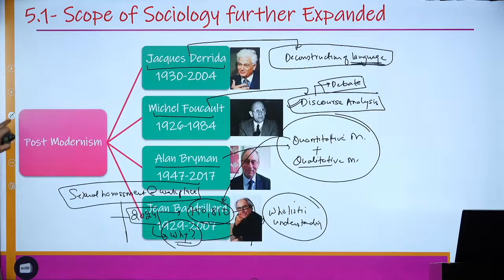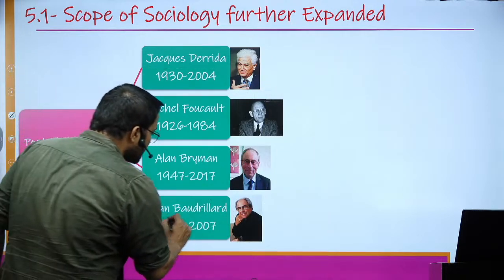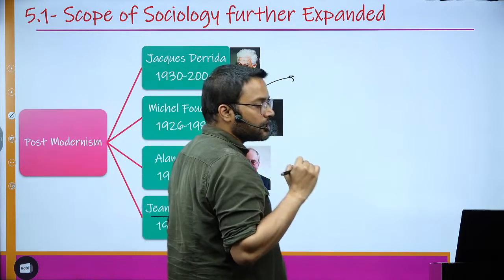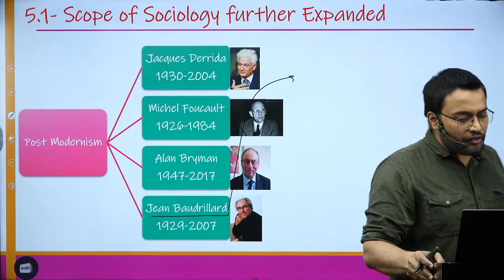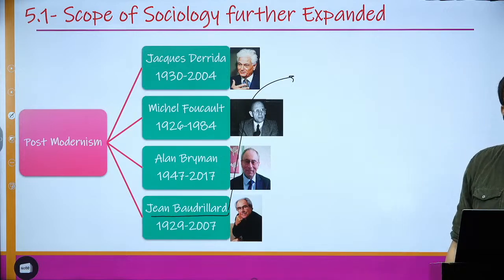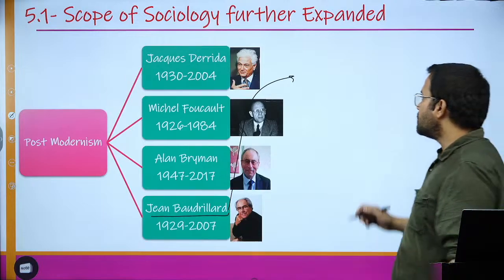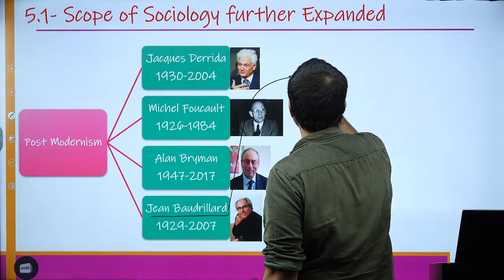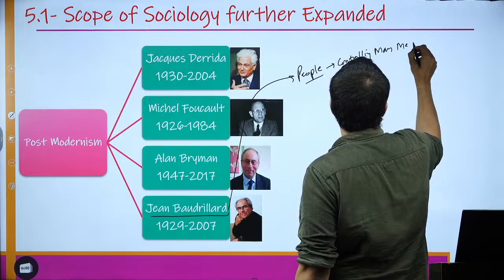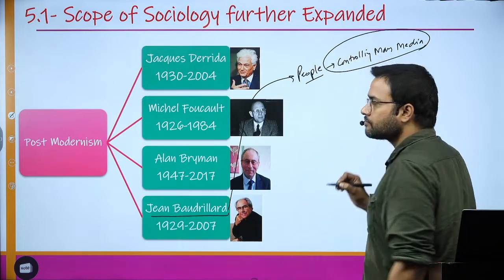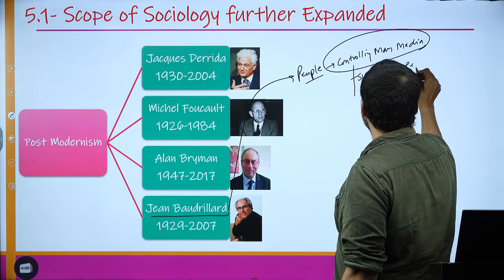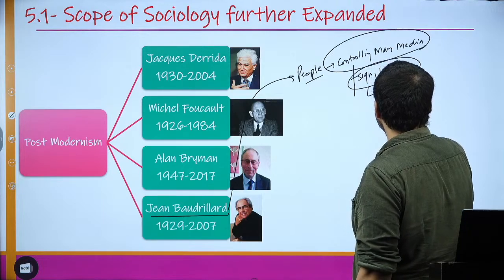Okay. Then we have Jean Baudrillard. What Jean Baudrillard was saying is about who is powerful in today's world. He was talking about how, in the era of mass media, the people who are creating signs and languages, who are controlling mass media, are the people who are powerful. So who are the people who are powerful? Who are controlling mass media? Because they are creating certain signs, languages, and this is influencing you.